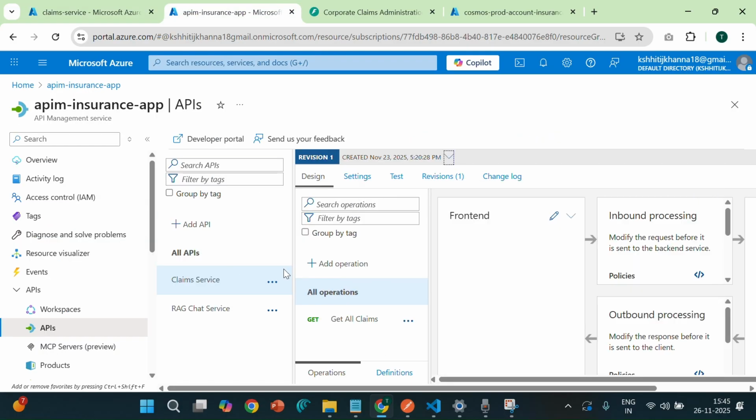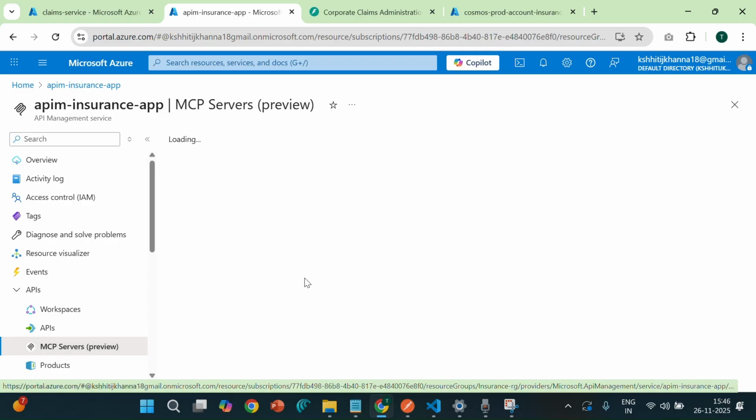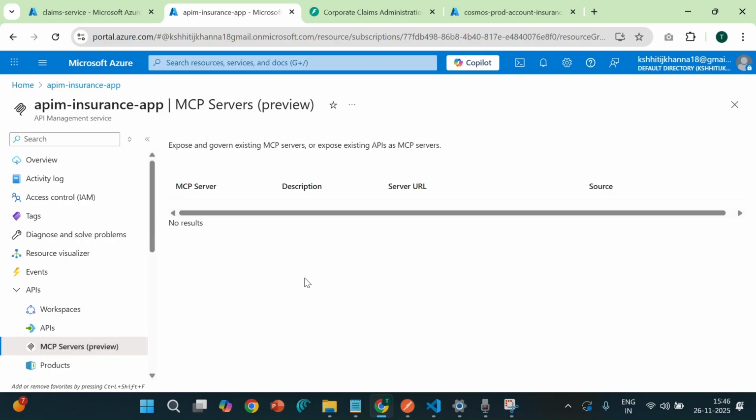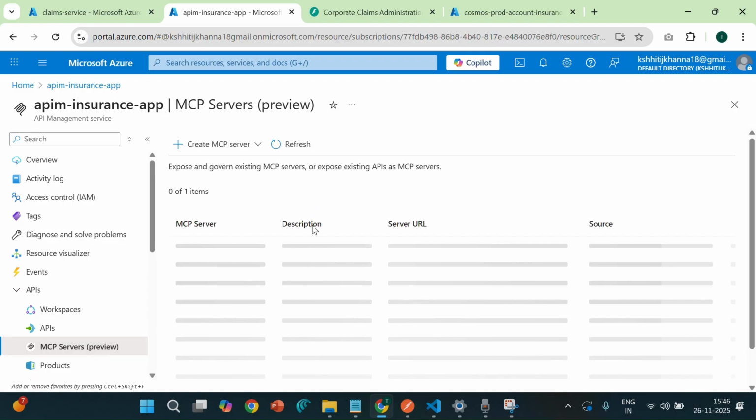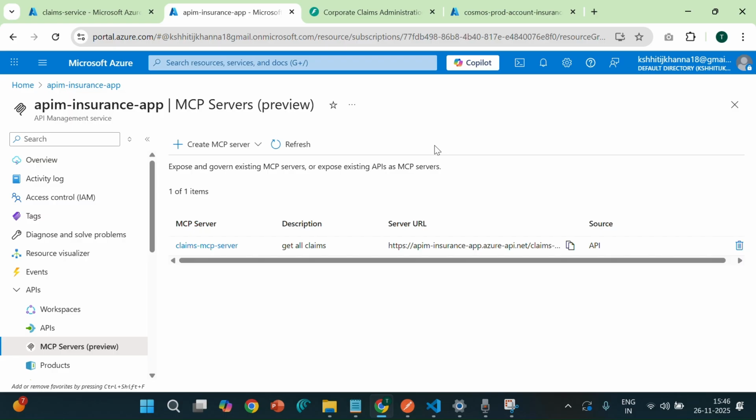Let us navigate to the API section, and you can see I have our Claims API listed. I want to expose this API using the Model Context Protocol. As you can see, this capability is now available in Azure API Management. This action automatically transforms the API standard documentation, typically the OpenAPI specification, into the model manifest format that the AI